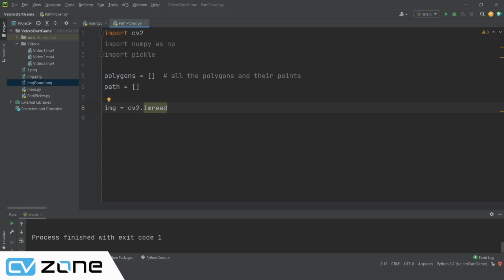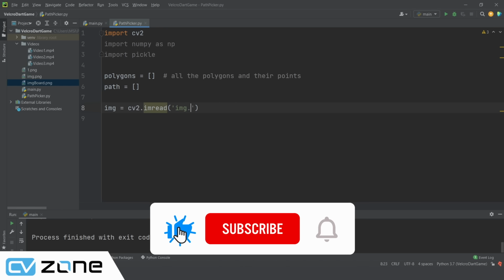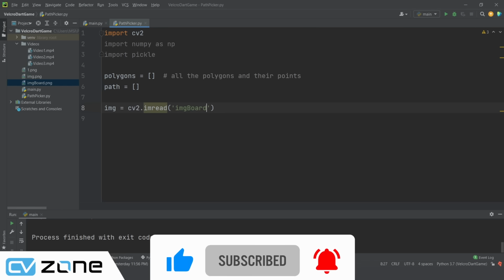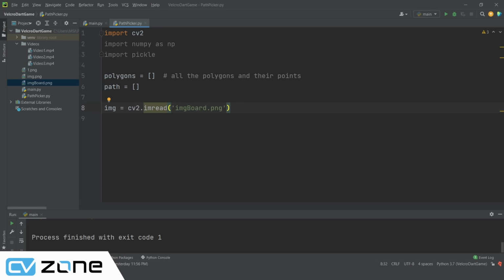image board, board dot png, and then we are going to write, do we need to write anything else? No, we don't need to write anything else. Okay, so once that is done,